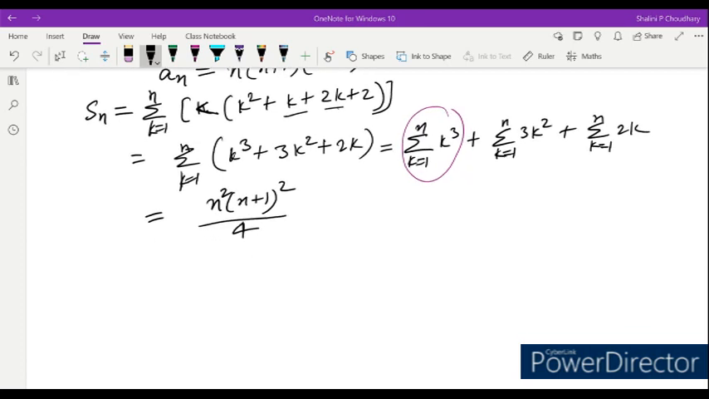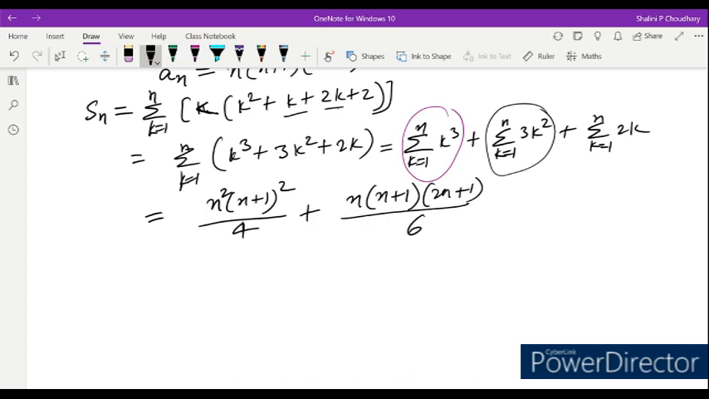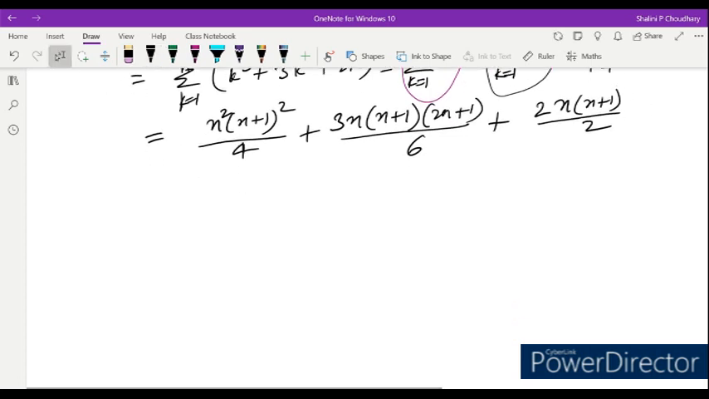Okay, now for this one, what value will we be getting? We will be getting n into n plus 1 into 2n plus 1 divided by 6. Plus 2k, what value will we get? This is 3k, so we'll write here 3, and plus 2k, summation of k equal to 1 to n 2k will be equal to 2 into n into n plus 1 divided by 2. Okay, now we'll take common. What is common in all? There is n